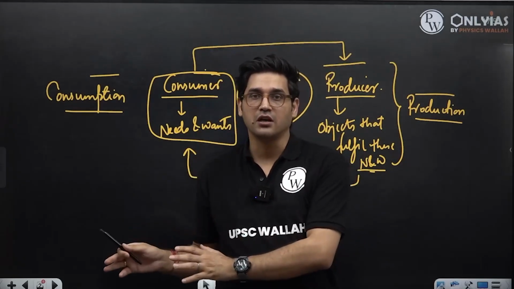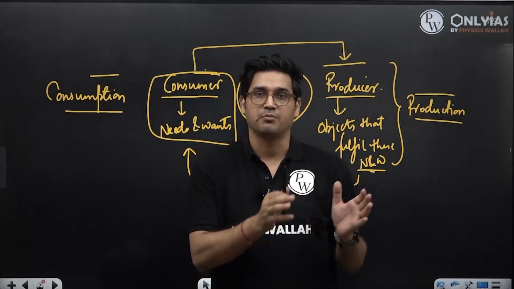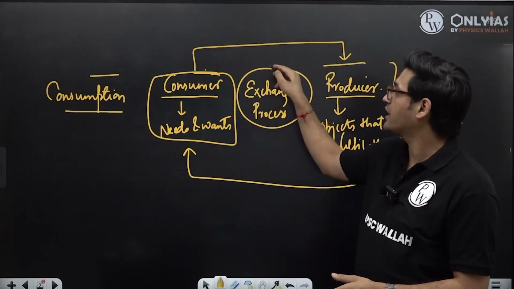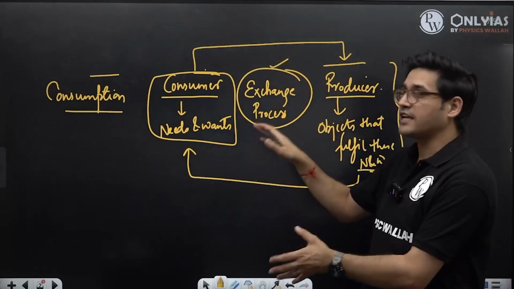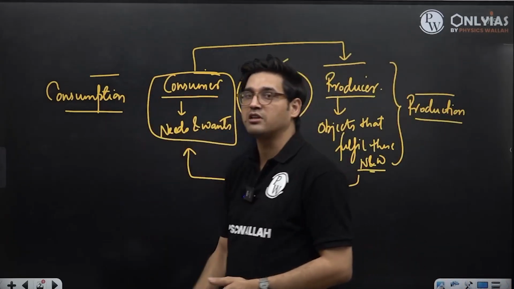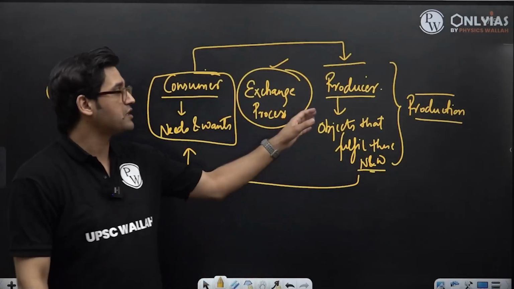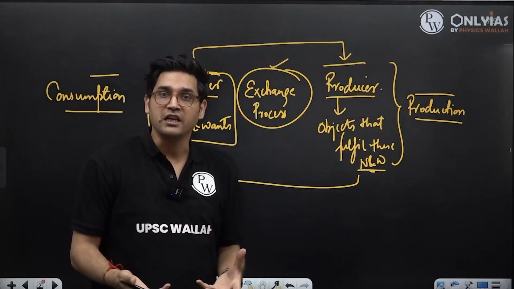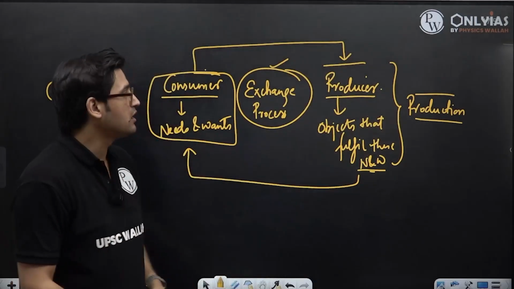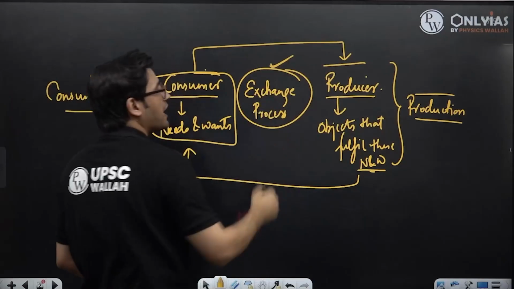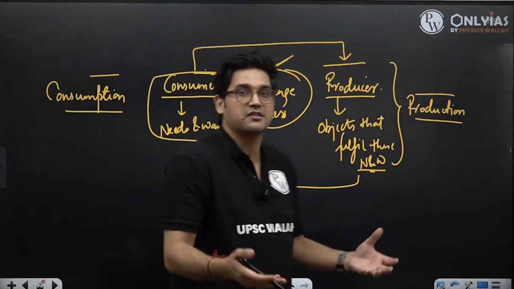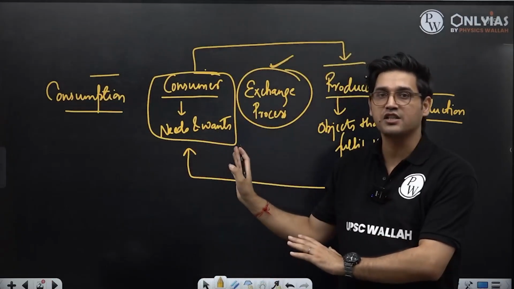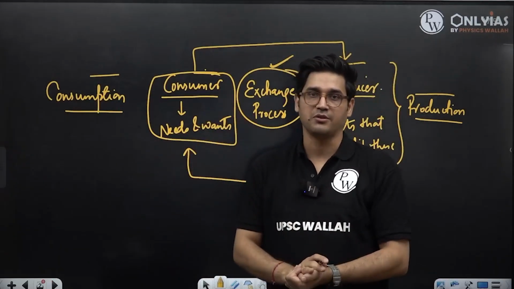There is a producer, then there is a consumer. The producers and consumers interact with each other and facilitate what is called an exchange process. Through this exchange process, the needs and wants of consumers get fulfilled because producers also get something of value to them. What is money? Money is that commodity which fulfills this exchange process. That is the task of money. Anything that fulfills this exchange process is going to be called money.